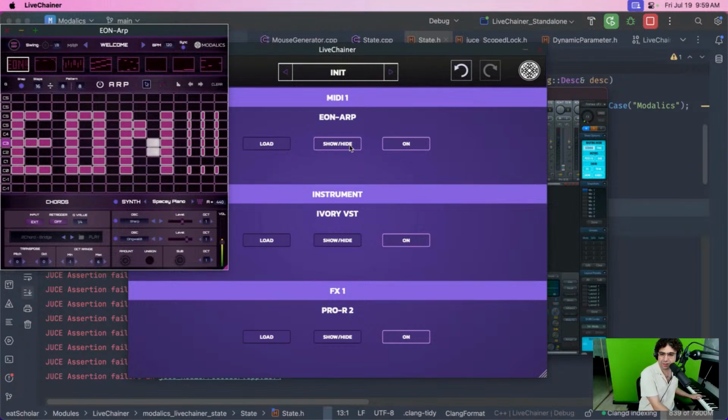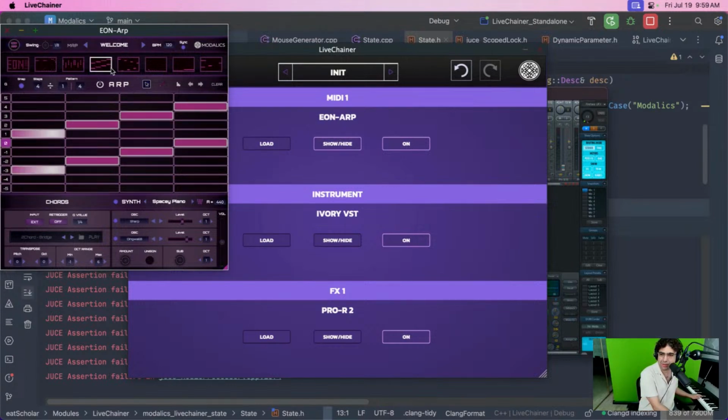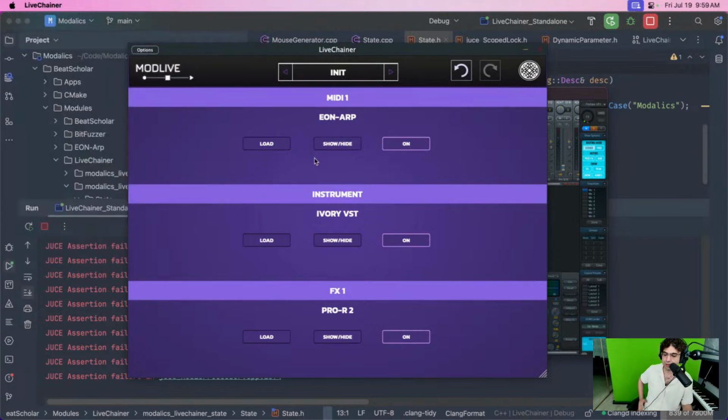I have no idea why that happens. Here you go. There's a little bug here. It should not happen, but generally you should be able to load an instrument